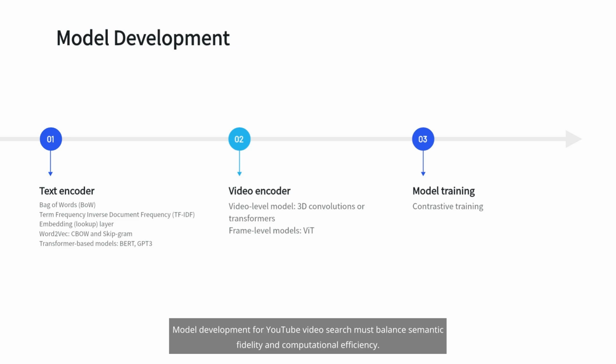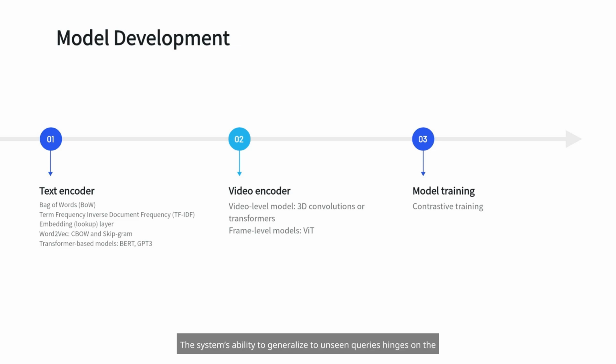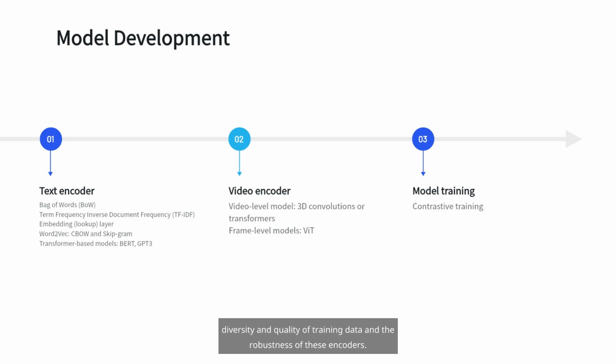Model development for YouTube video search must balance semantic fidelity and computational efficiency. Deep transformer-based encoders capture richer semantics, but require careful optimization. Meanwhile, training with contrastive loss ensures that cross-modal alignment directly optimizes for retrieval tasks. The system's ability to generalize to unseen queries hinges on the diversity and quality of training data and the robustness